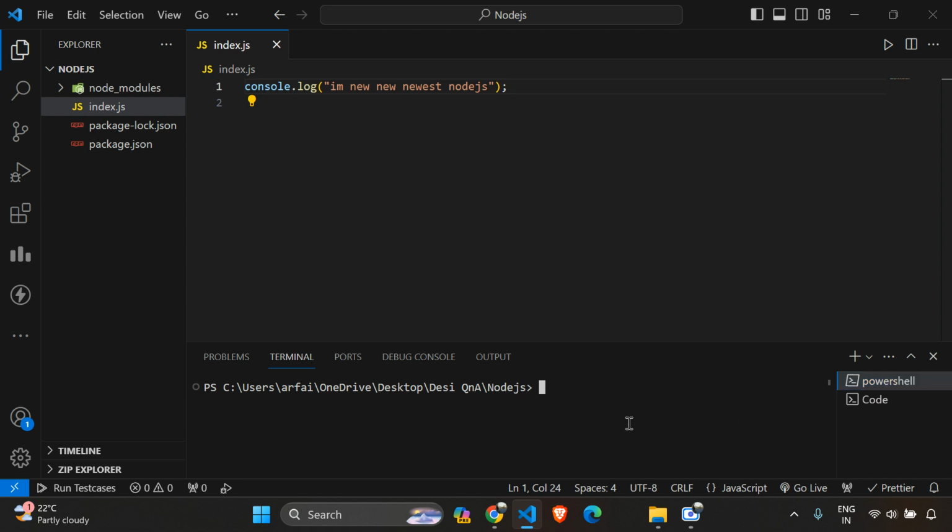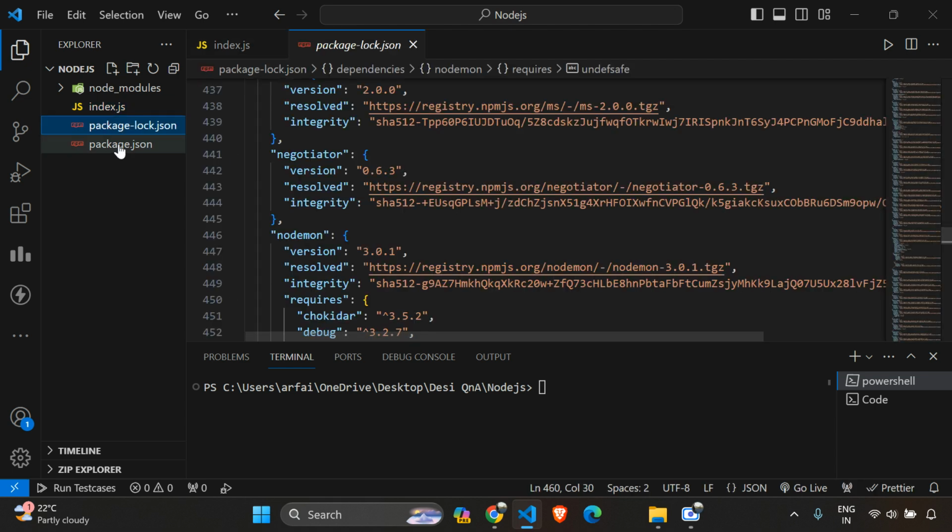Here you can install using npm i nodemon --save. Both of these are completely all right. Even if you don't use save, that is all right, so we will just ignore it. And just in the way we have installed these dependencies, we can also uninstall them.